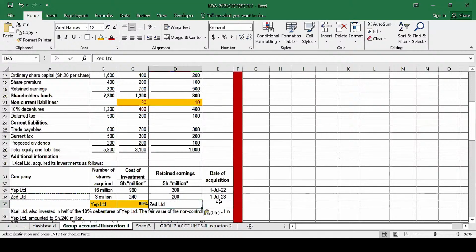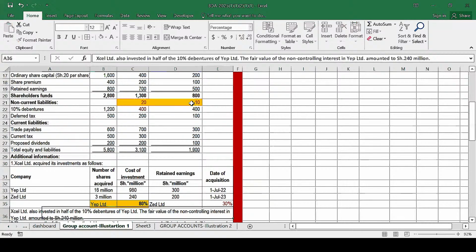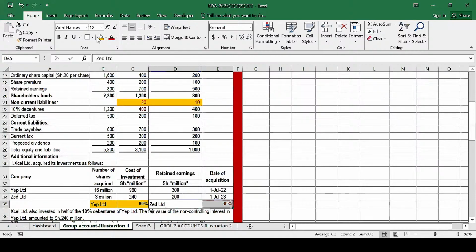So we take the shares which were acquired, which is what we have here, 3 million. We divide that by the shares which are issued by this company, which we computed up there. And that will give us what? That will give us 30%. It basically means that this company here, that is HHCUS, is a subsidiary, whereas N Limited will be an